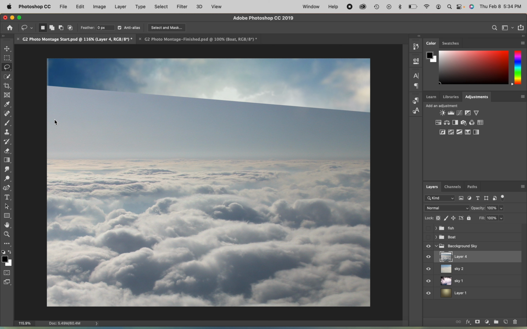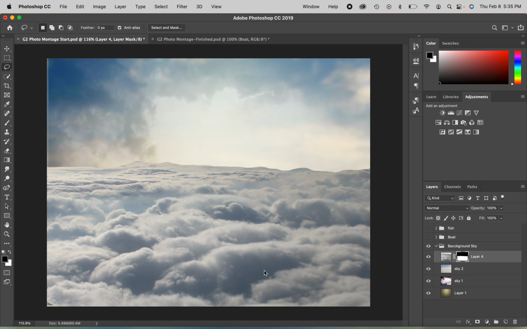There's a couple ways that you can do that. So with the lasso tool, I can draw along the edge of the clouds somewhere and just kind of loop it around. Oh, shoot. Didn't mean to do that. But that's all right. We can create a layer mask here and cut that out. But you know what? I don't really love how that creates a very crisp line. So instead, now that I have a layer mask, and you could do that with the selection tool too,